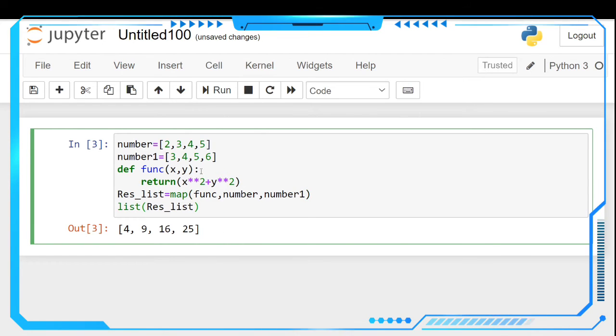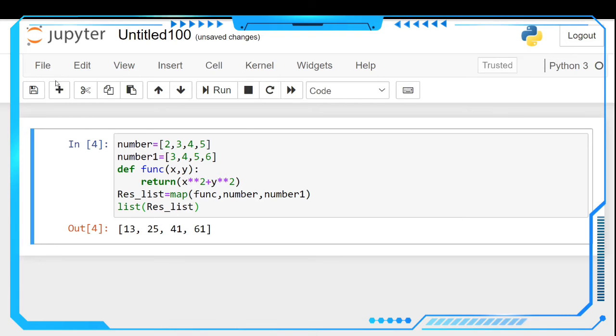Let's see the output: 2 square plus 3 square, 2 square is 4 and 3 square is 9, so it will be 13. The first will be 13, and then 3 square plus 4 square, 9 plus 16, will be 25. Like that it is going to happen.